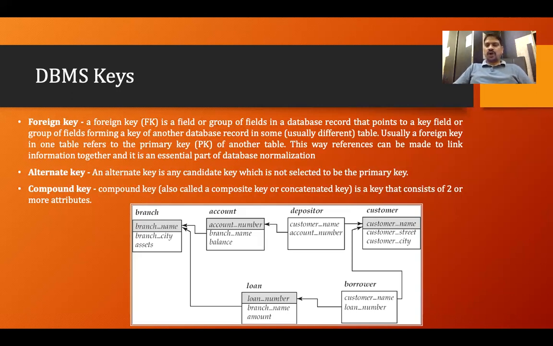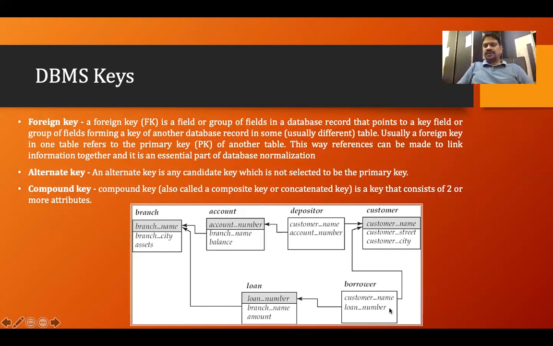Okay. So what are the keys that are useful in the database management system? There are mainly two keys which are important. One key is the primary key. So primary key concept should be clear to you. And another key is called foreign key. So the foreign key concept should be clear to you. Okay. Now let's take this diagram and try to understand what that diagram is. So in this diagram, as you can see, we have many tables.